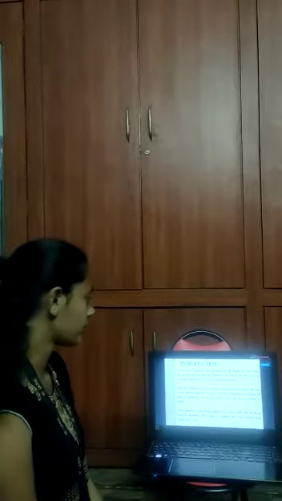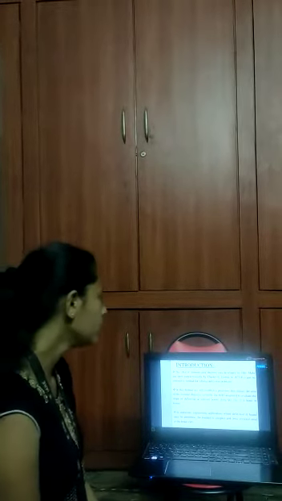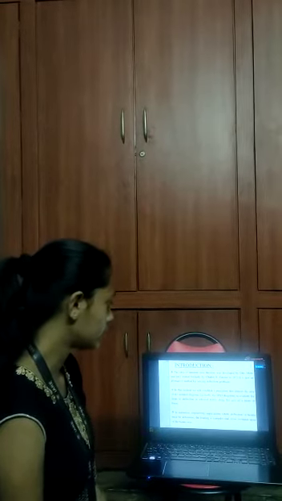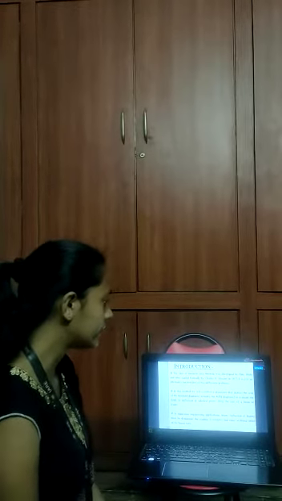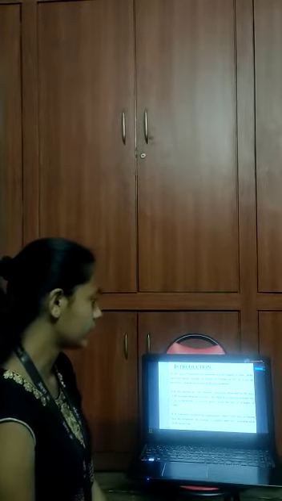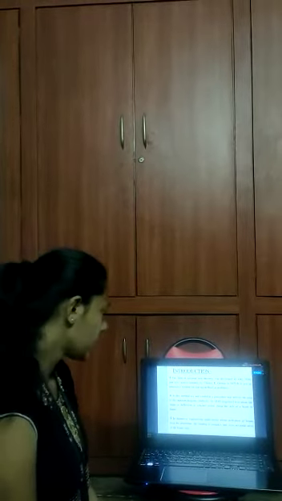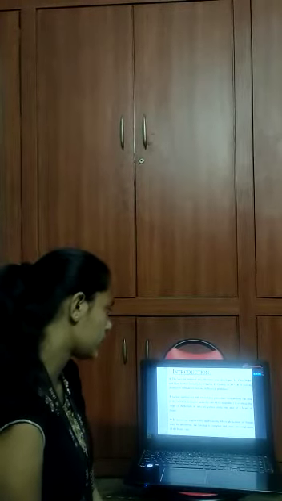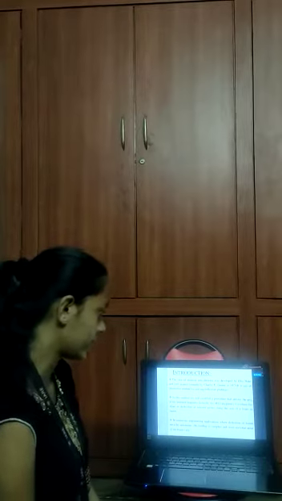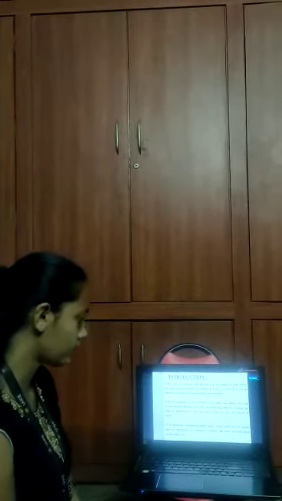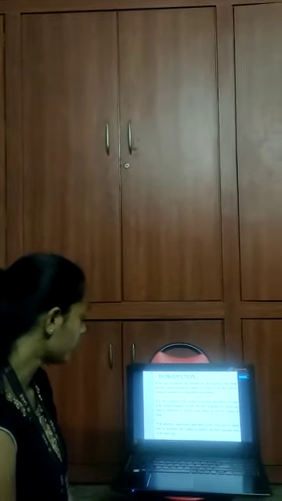Morning. Today's topic is the moment area method. The introduction: the idea of the moment area theorem was developed by Otto Mohr and later stated formally by Charles E. Greene in 1873. It is just an alternative method for solving deflection problems. In this method, we will establish a procedure that utilizes the area of the moment diagrams to evaluate the slope or deflection at selected points along the axis of a beam or frame.